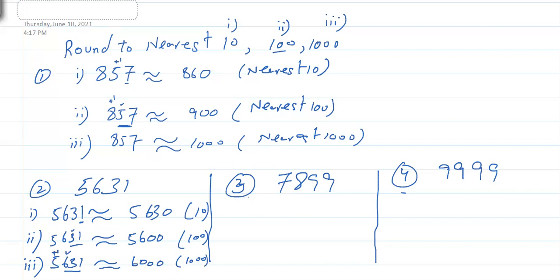Now let's talk about number 3. In the first one, I will round it to the nearest 10. Quite tricky. To the nearest 10, I have to make just this digit 0. Okay, make it 0, but it is 9. When it is 9, I have to add 1 here. 9 plus 1, what will it become? 10. For 10, I will write 0 and 1 will carry. Now 8 plus 1 will become 9.